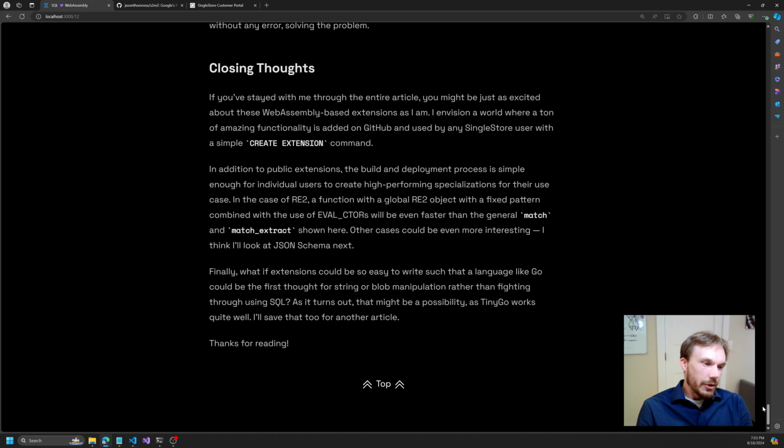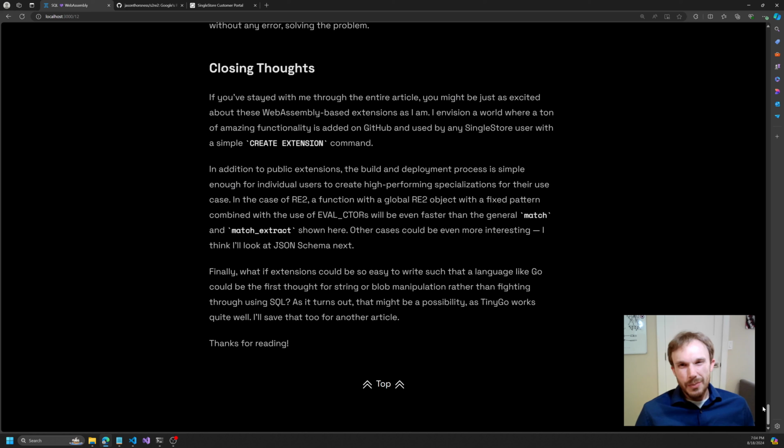Another type of extension might be, what if you have the need for a UDF that does a bunch of string manipulation? Like say you have some custom format and you have to search for a delimiter and then go a certain number of characters forward and then extract that and then use that to find something else. It might be the kind of thing that's a few lines of code in Golang, and in SQL, it would just be